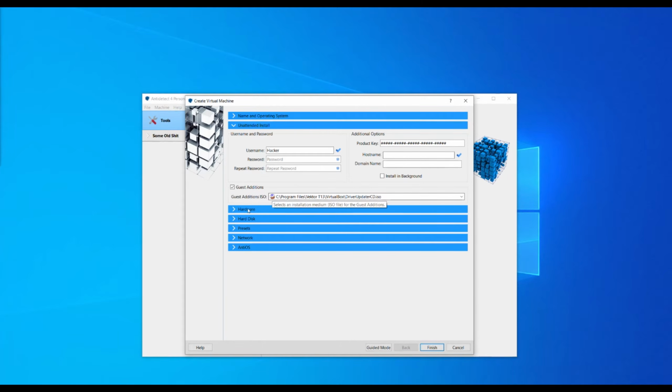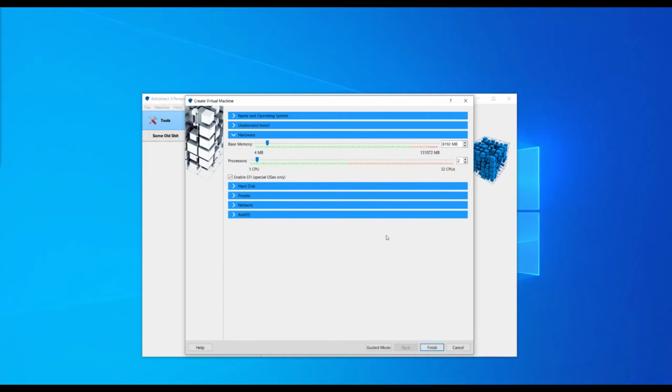Just leave it as it is. Hardware. On the hardware, I recommend you set 4 CPU cores, because websites cannot retrieve your CPU model, but they can retrieve how many cores you have. And nowadays it's really hard to find a computer with only 2 cores, because usually